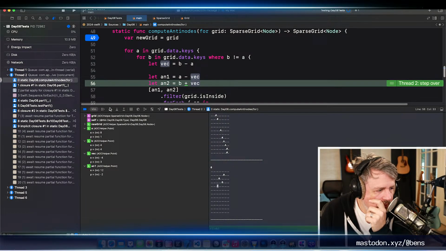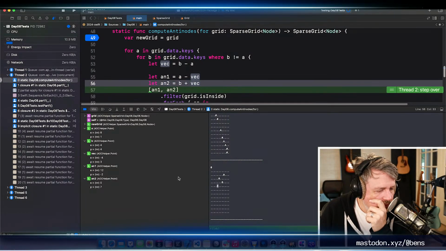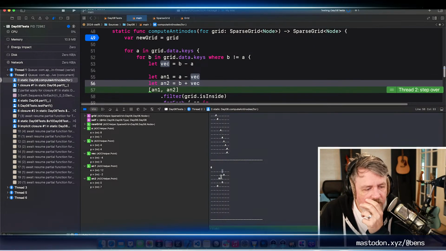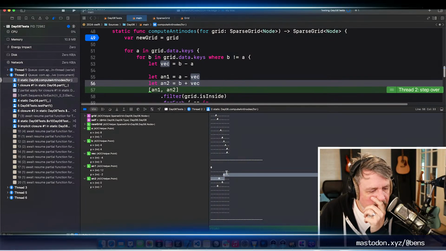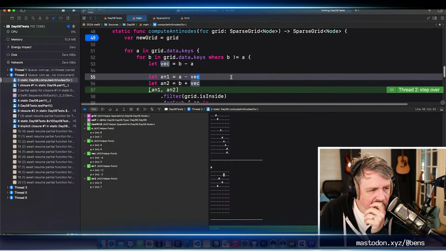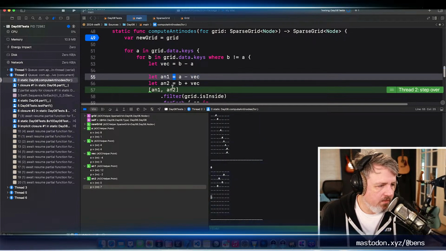That's not in the grid. AN2 is 0 and 7. That is in the grid. So we should get one about here. That doesn't make sense. Oh, 0, 7. Sorry, that is down here. That does make sense. Okay.